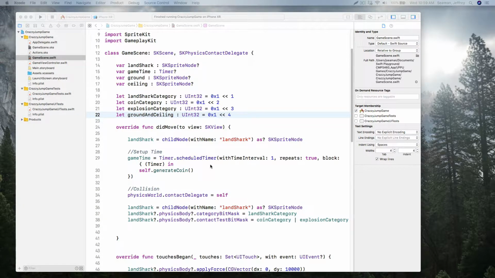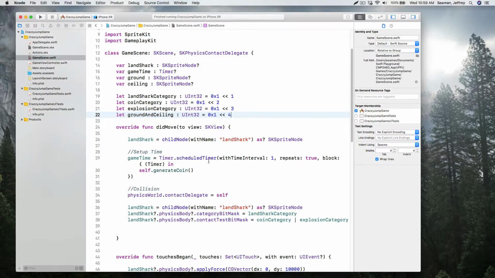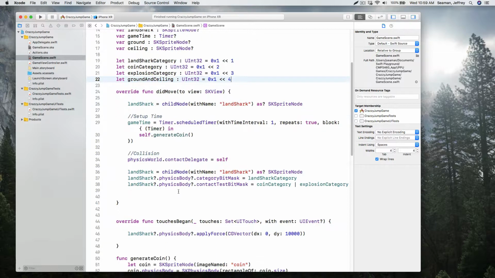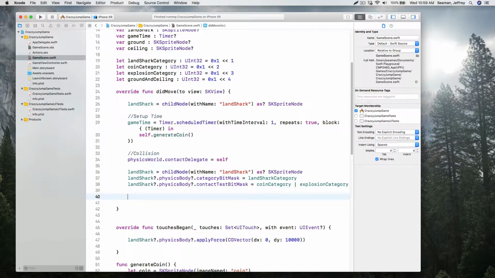Now let's go down to our override function, didMove. So we have our collision, we have this guy right here, so we're going to come down here. And let's see, what else do we need here? Let me think about this. So we have SKSprite, landshark category. All right, so let's create a ground